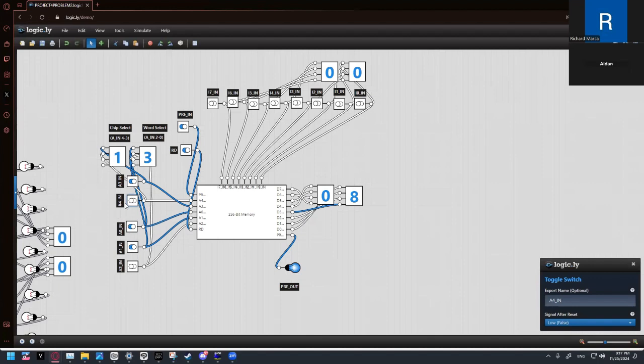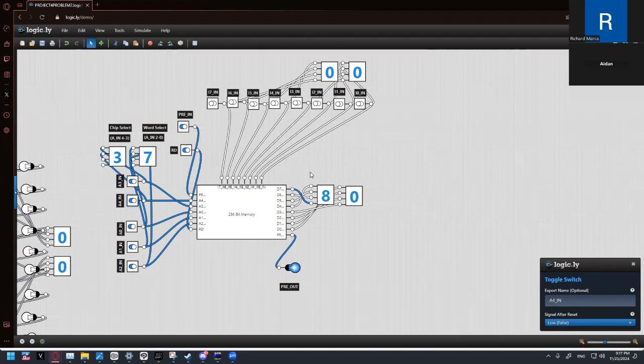Then we have memory chip 2, register 4, which is 10, as expected. Then we have memory chip 2, register 5, which shows up as 20, as expected. And then we have memory chip 3, register 6, which shows up as 40, as expected. And then lastly, we have memory chip 3, register 7, which would show here as 80, as per the